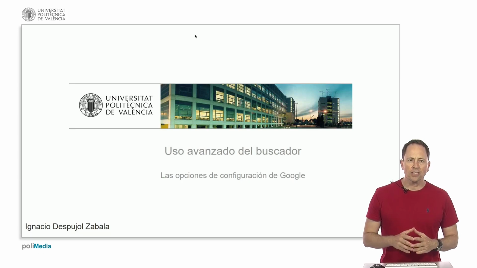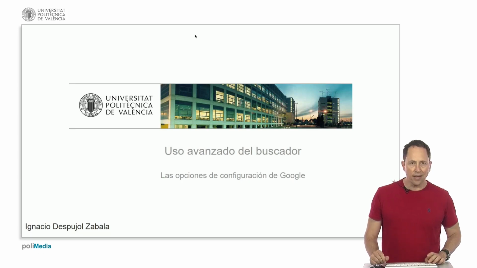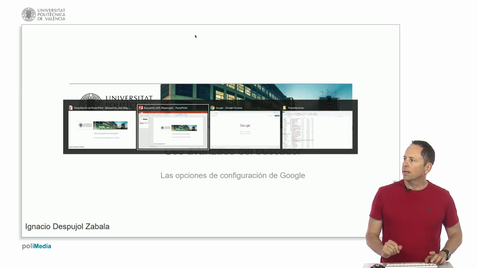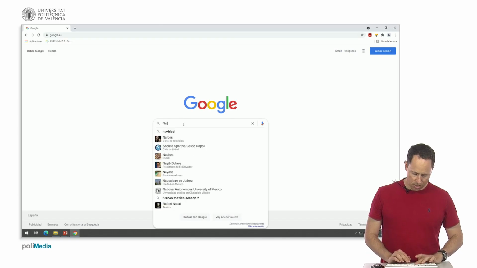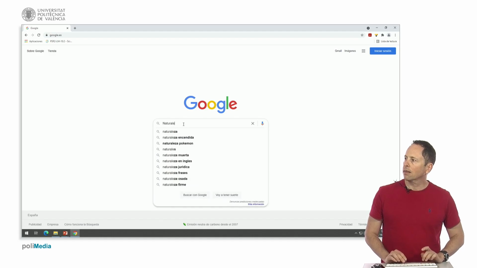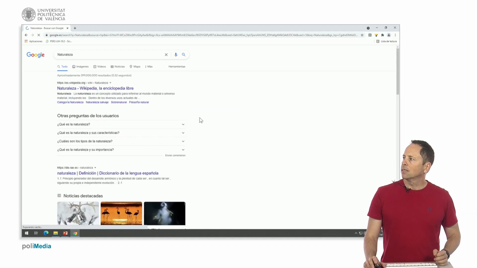The purpose of this video is to introduce you to the Google browser, the Google search engine. Alright, let's go to the page. Notice that right now we don't have anything up here, but as soon as we perform a search, for example, nature, or Mexico, or whatever you want, because what we are looking for is that this little wheel appears